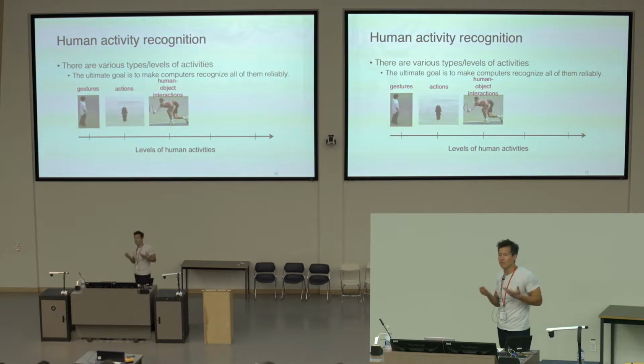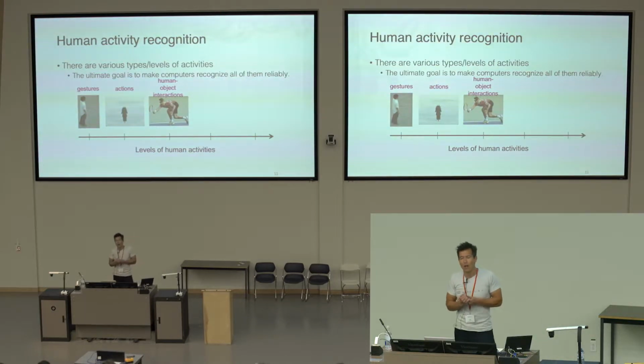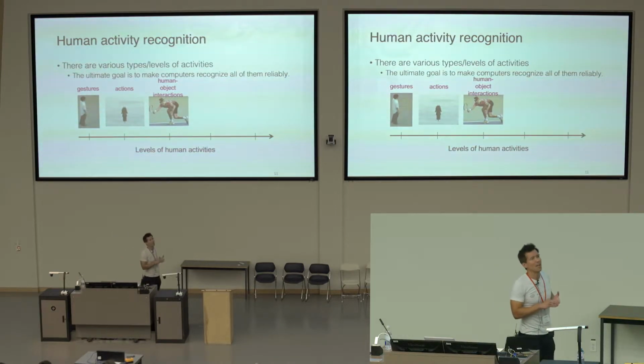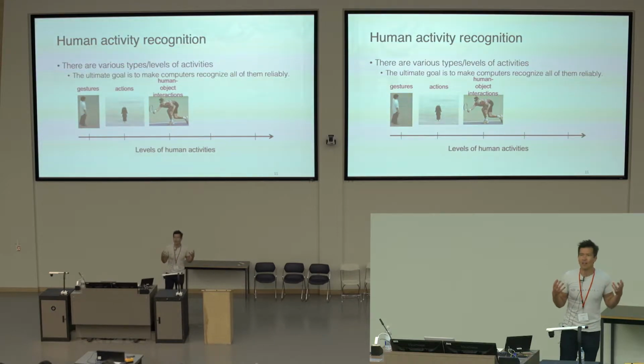One of my favorite examples of how interactions with objects and scenes, and what you're doing, are very important for understanding actions is the following. How would you describe what I'm doing right now? What vocabulary would you use to say what I am doing? If you were looking at the level of gestures or actions, what types of words would you use to describe me? Standing, talking?